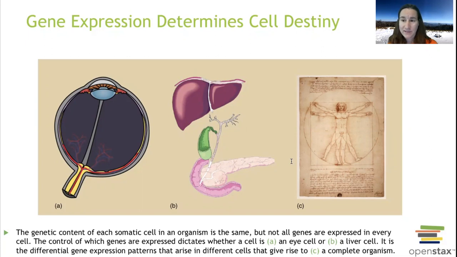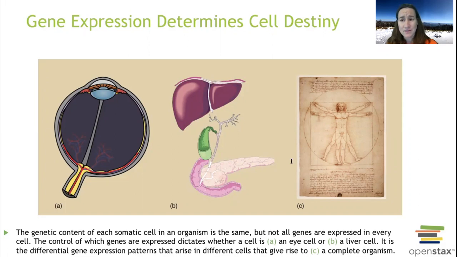So when we talk about gene expression, all the different cells in our body have the same genes if we're talking about somatic cells. Of course, regular body cells versus gamete, sex cells, are not going to have the same DNA, right? Because we talked about those are going to be a little bit different. But our normal, regular somatic body cells are going to have 46 chromosomes in them, every cell, and they all have the same DNA.